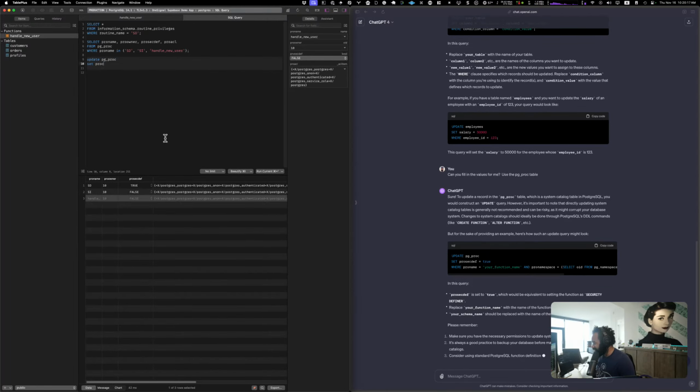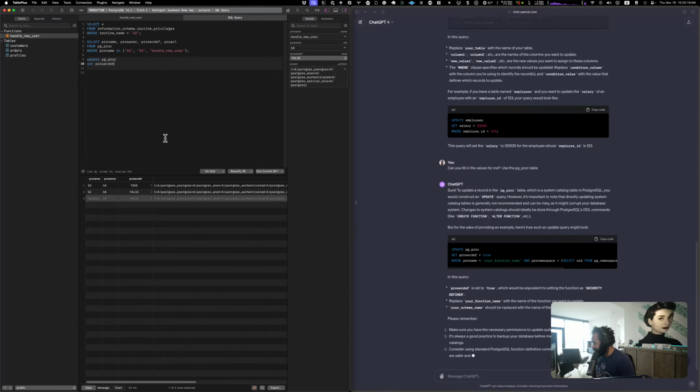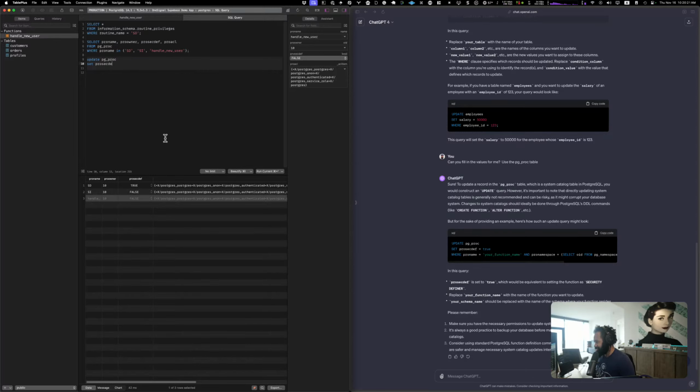Proc sec def, so process security definition, and we want to set that to true, and we want to do that where the proc name,